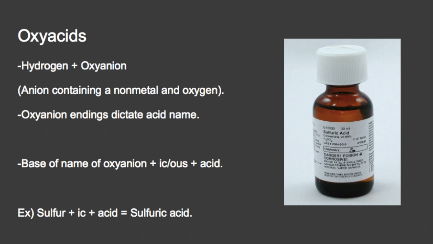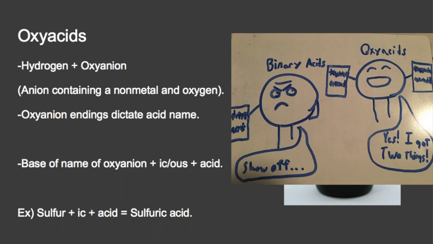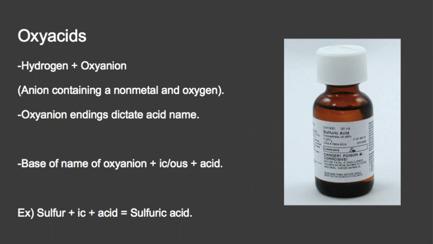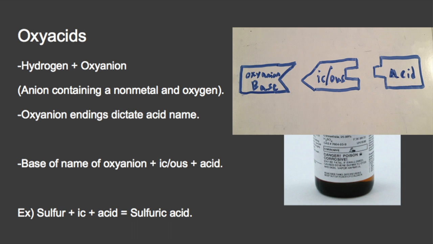Oxyacids are very similar to binary acids, as in both contain hydrogen. However, instead of a nonmetal, oxyacids contain an oxyanion. An oxyanion is an anion that contains both a nonmetal and oxygen. The oxyanion is the most important part of the oxyacid, as the oxyanion ending dictates how you will name the oxyacid. So naming oxyacids is a little more complicated than naming binary acids, but they both follow generally the same